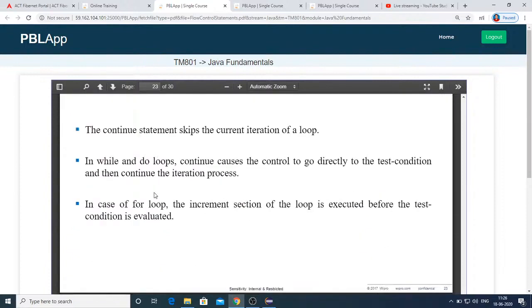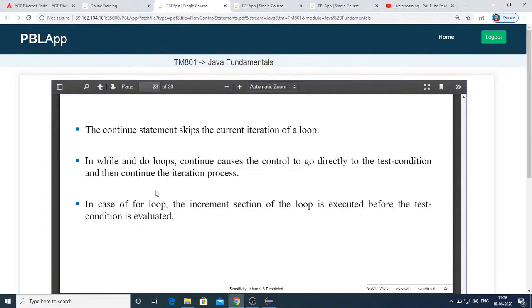Next, coming to continue. Continue will skip the statements and proceed with the next iteration. You must understand this has to be only within the iteration statements. You cannot have this continue within the selection statement. So continue must be written only in the iteration statements.